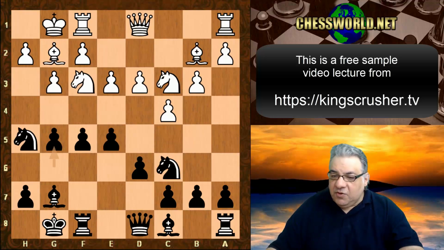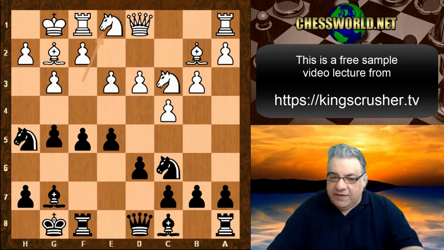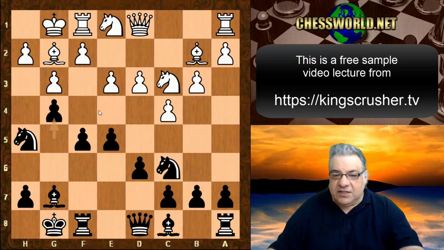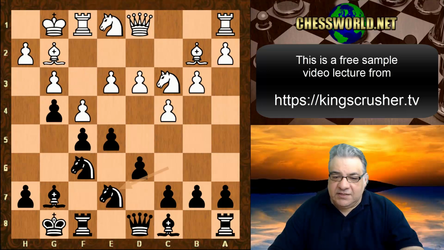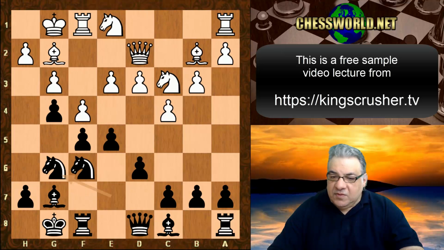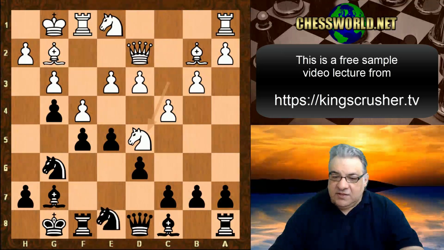So white plays knight e1, we have g4, and you can see that the light squares are being controlled a little bit more. There's a kind of squeezing strategy going on. f3, knight f6, f4, and now we see knight e7, queen d2, knight g6, knight d5, and this knight refuses